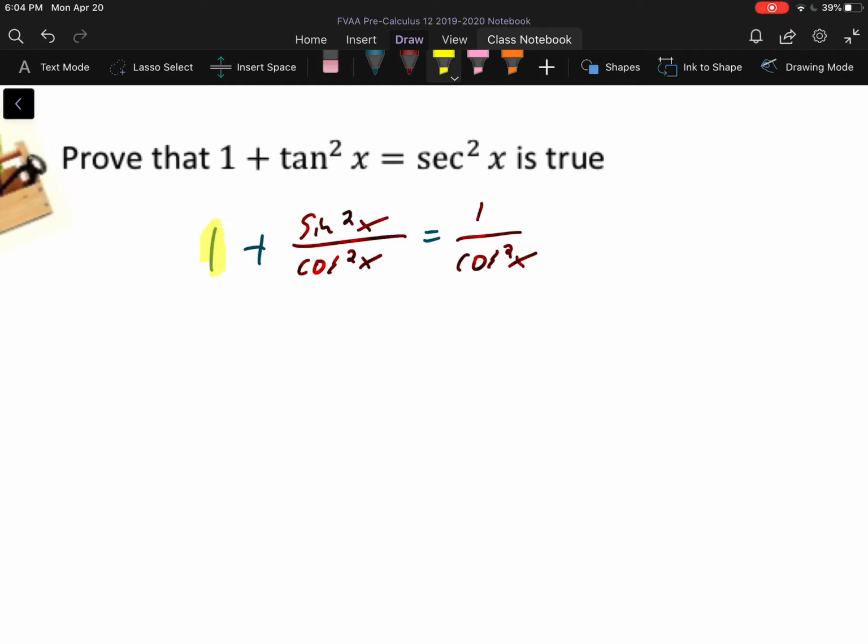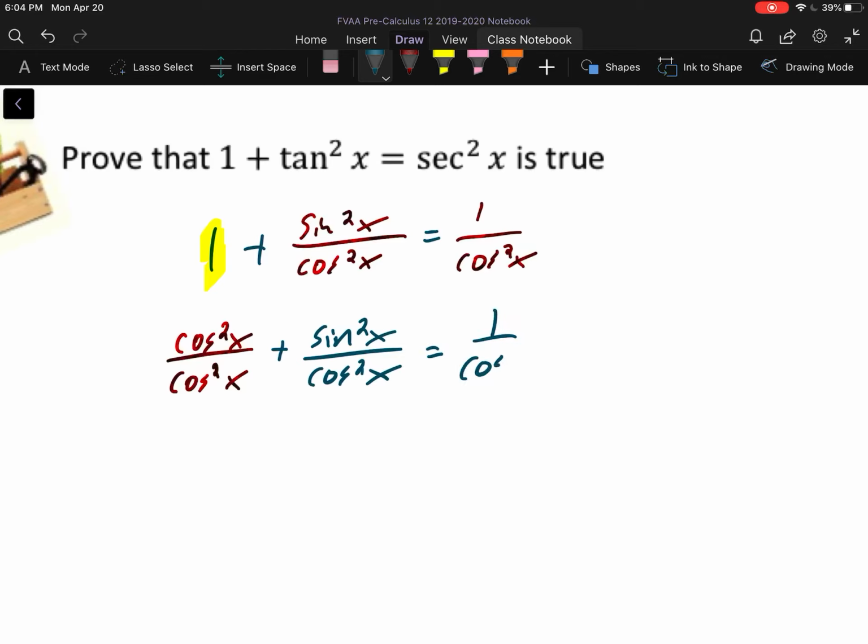I want that common denominator, so I'm going to substitute that 1 with cos squared x over cos squared x. Everything else stays the same, plus sine squared x over cos squared x equals 1 over cos squared x. Common denominator, can get rid of that. This cos squared x plus sine squared x I know is equal to 1, right? And so I get